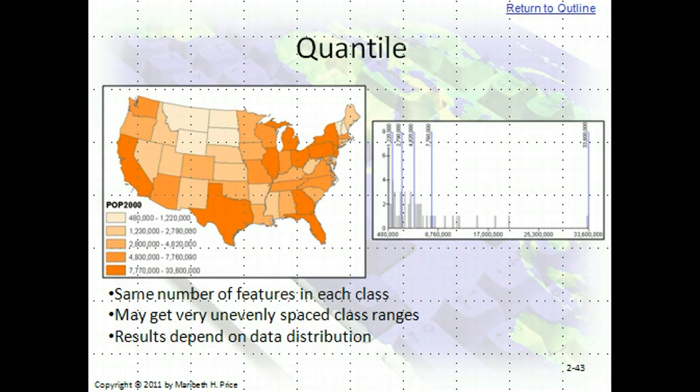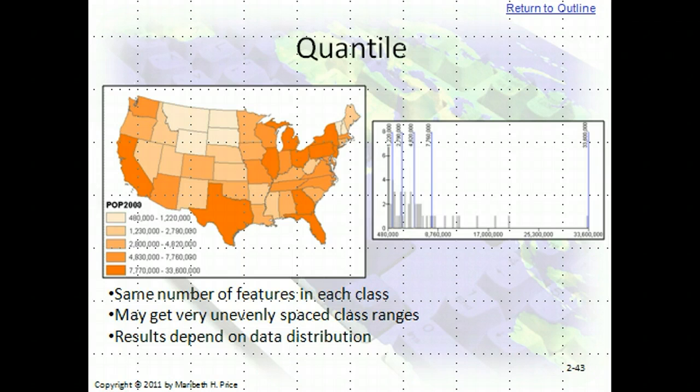A quantile classification puts about the same number of features in each class. This method will create a very balanced map with all classes equally well represented, but some of the features in the same class could have very different values, and features in different classes could have similar values. Quantile classifications are best applied to linearly distributed data. If you go back and compare this map with the previous maps shown using the different classification systems, you'll notice that the quantile classification highlights differences between the eastern states that are hidden in the Jenks, equal interval, and defined